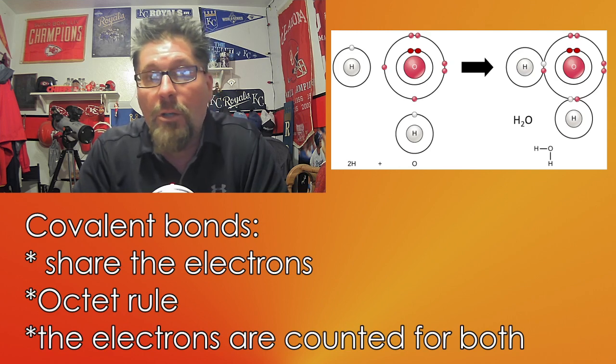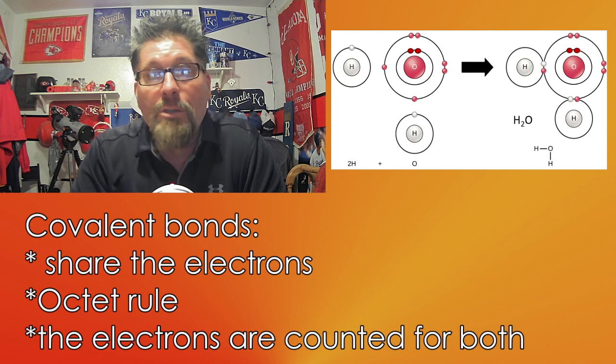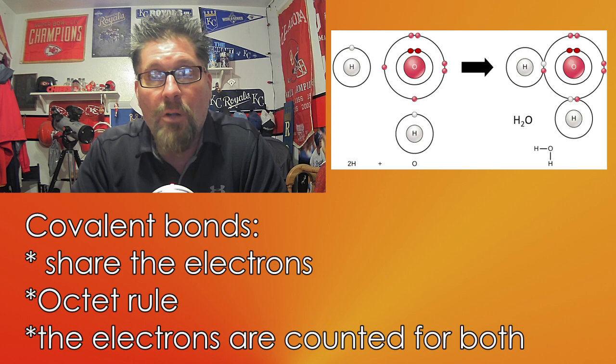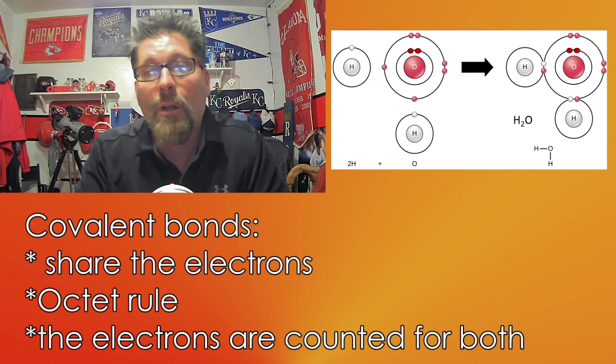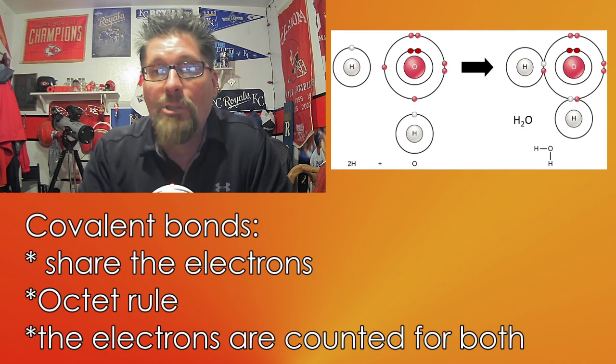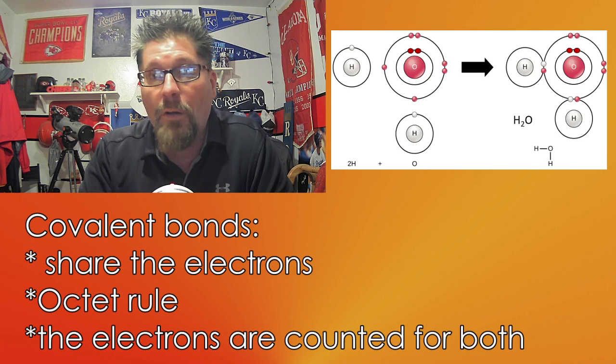Now when we're talking covalent bonds, we're talking bonds that occur where the atoms share the electrons. You can see in our diagram that we've got two hydrogen atoms and an oxygen atom. The hydrogens have one valence electron on their valence shell. The oxygen has 6 valence electrons on its valence shell. And so when those two come together, H2O, 2 hydrogens, that's water,